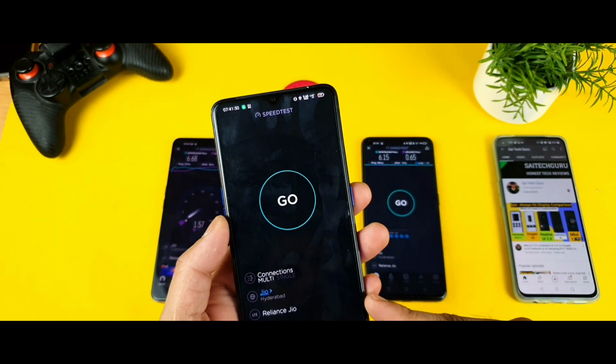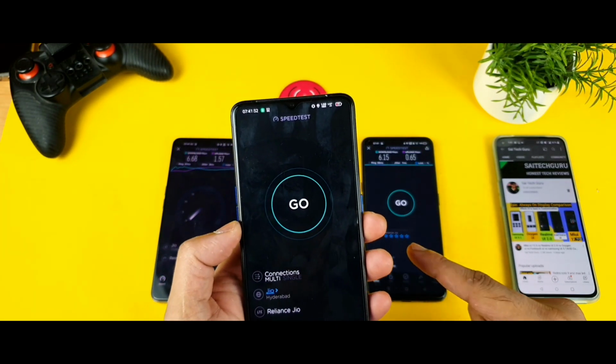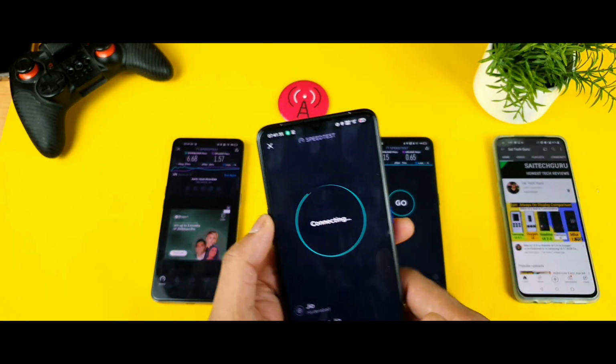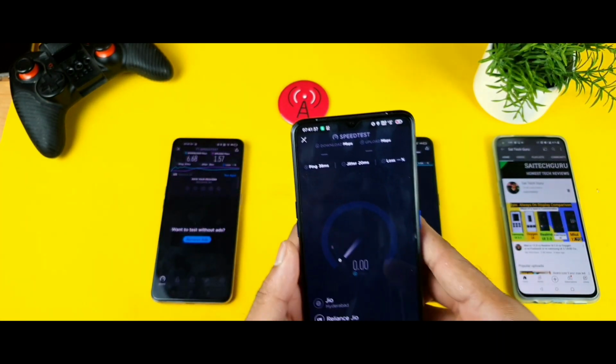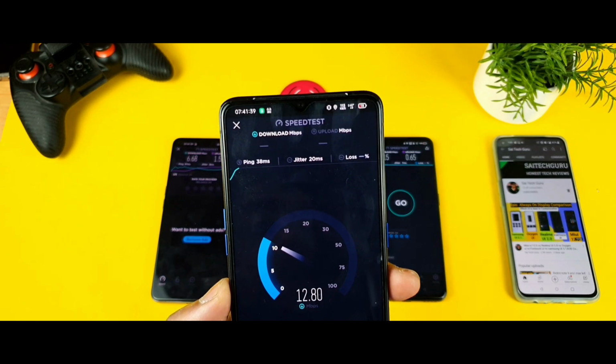If the Realme X2 Pro is performing really great, then I can do one thing. I'll try to compare this phone versus other phones, so maybe the iQOO 7 or maybe the Mi 11X, I can definitely do that. Even I am really shocked.